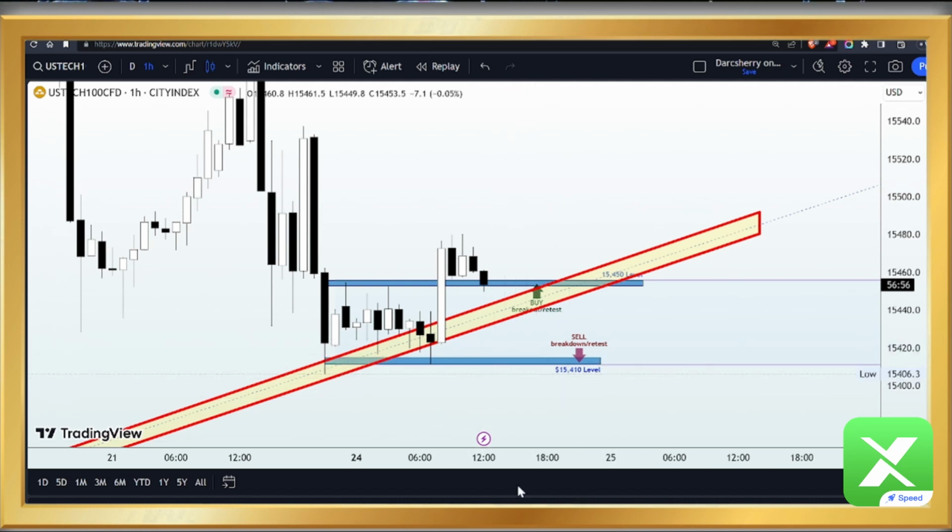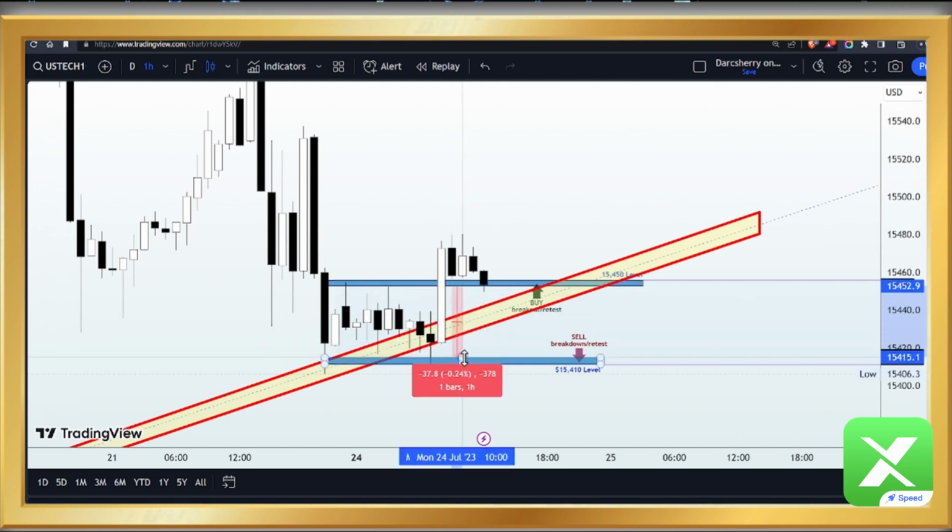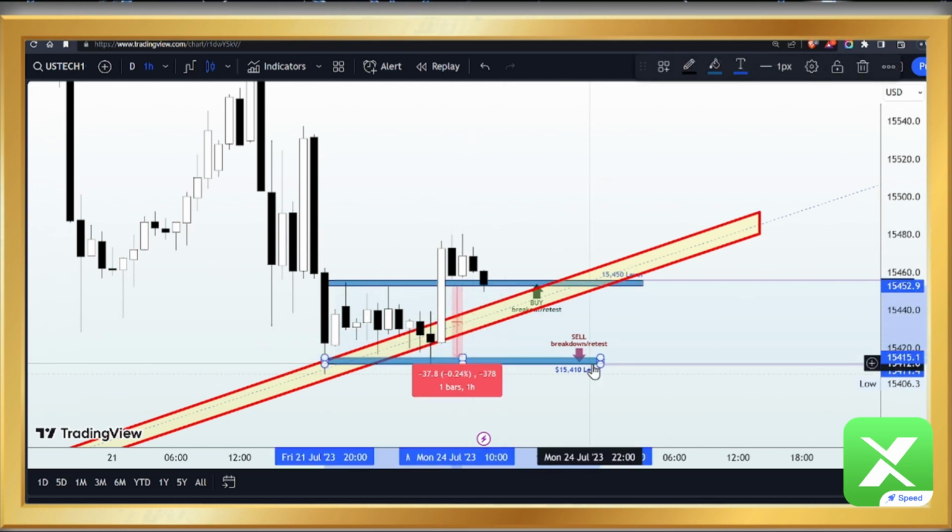And personally, I had the buy position triggered as soon as price action broke out of the 15,450, which is currently running at break even at this point in time. Let's see how the market is going to play out. For the stop loss on the buy position, we want to be having it at the support line here, which will be dovetailing to between 35 to 40 pips as a stop loss for any bullish momentum at this particular